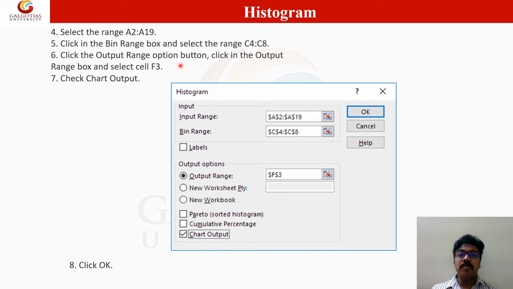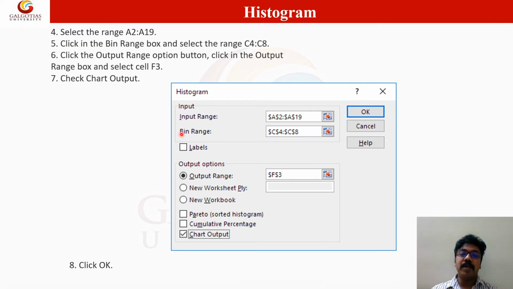Next you have to give the bin range, that is the intervals. In the first slide you can see the bin range lies in column C. Once you go back to that slide, you can see that the bin lies in column C from C4, that is column C, row 4 to column C, row 8.